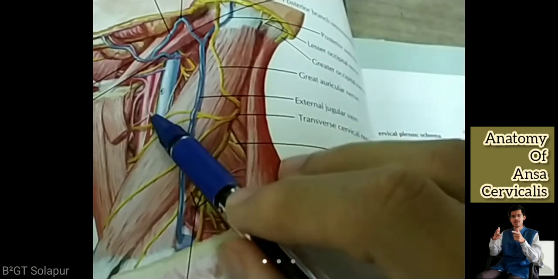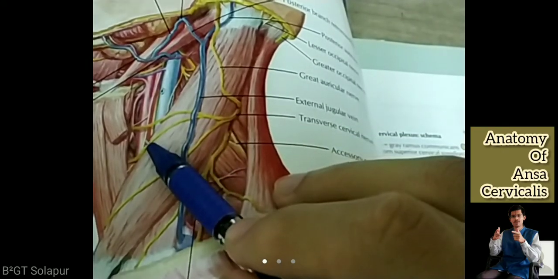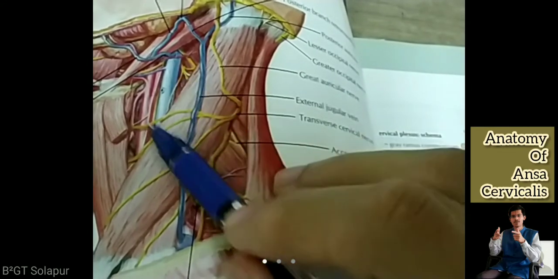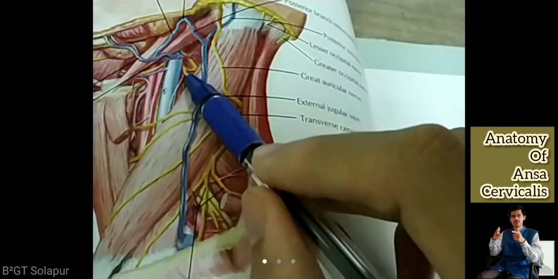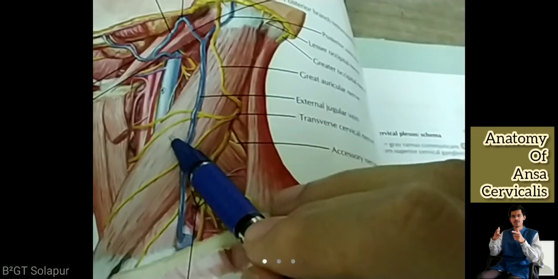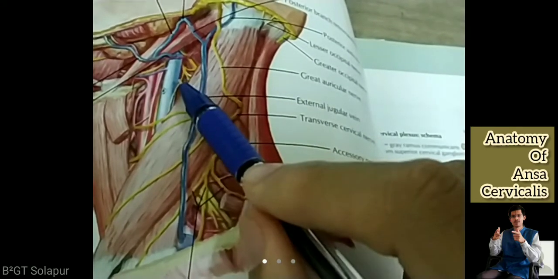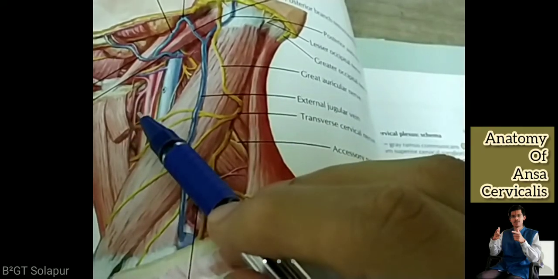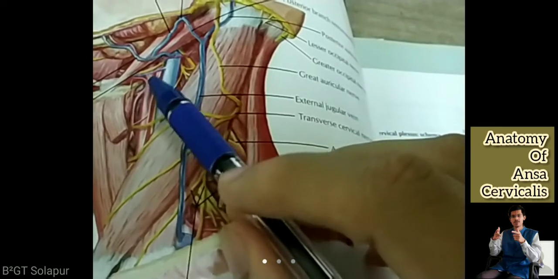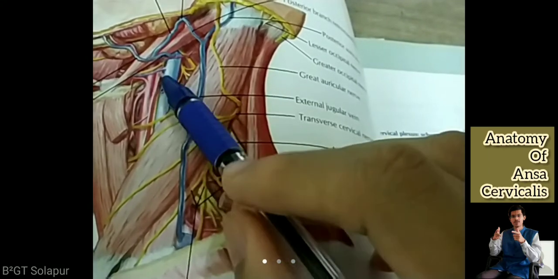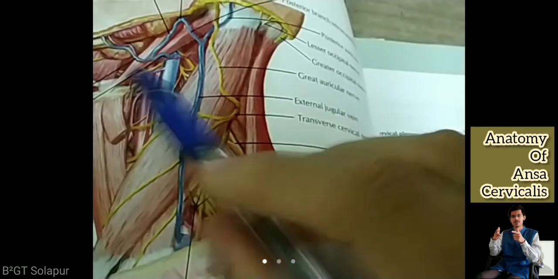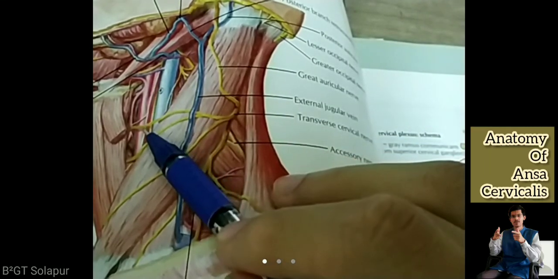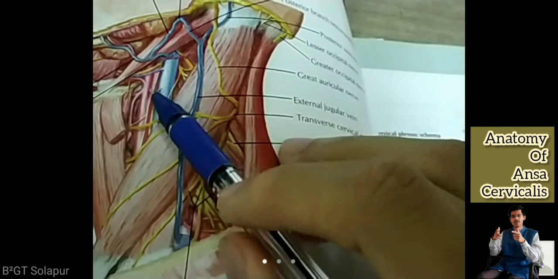Now this is coming like this down, and then it is going this way. Can you see this? Below the sternocleidomastoid, it's taking a loop. So when you remove the sternocleidomastoid, you are easily able to see it. Now you need to understand, on the left of this white line, what you can see, which we are calling the ansa cervicalis root. Can you see this division?